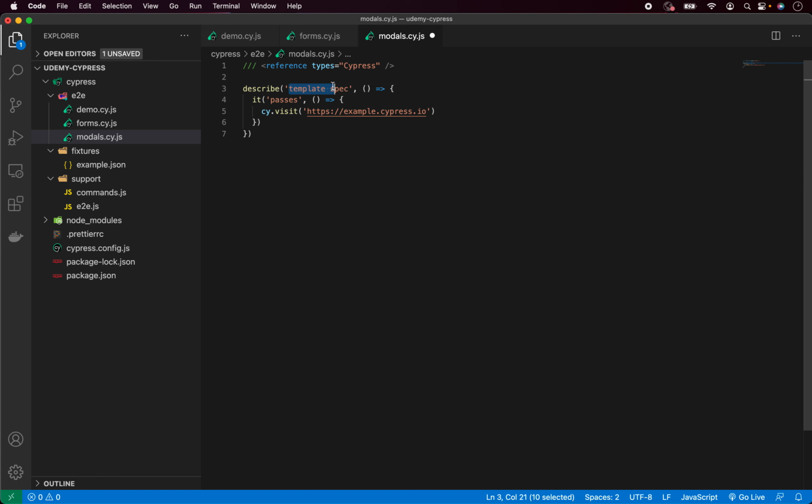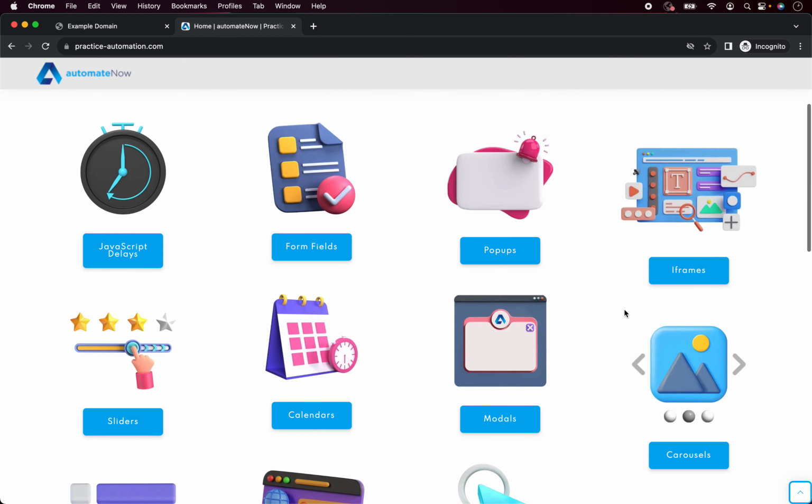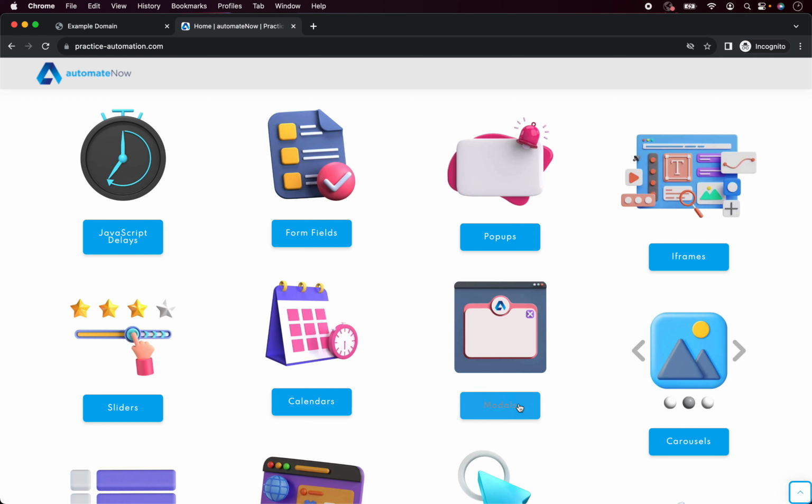Now let's change the description. In this case, it can be something like Cypress modals, and the test can be something like open and assert modal. So where is our modal? Again, it's on our practice automation website. So let's go, and again, practiceautomation.com, and if you scroll down here we have modals, so open that,